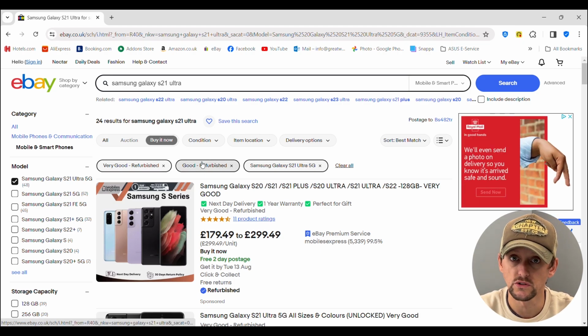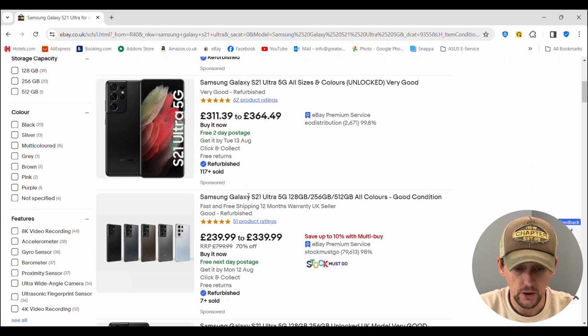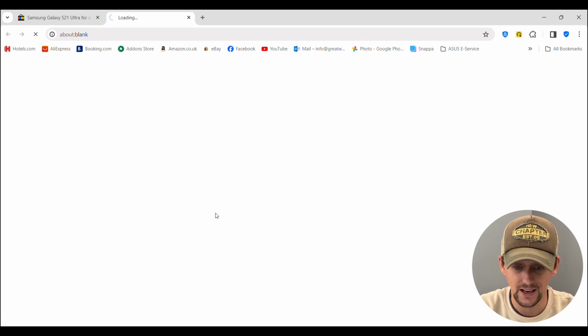Some of the auction ones, at least in my experience, have been fine, but of course you've got to be careful with buying certain things from certain people. Now, so here is a very good condition S21 Ultra, and of course it's got a price range. Now that can just be down to, weirdly, the color, and the storage option as well. So it says that it's fully unlocked, very good condition. So if we just click on that one there,